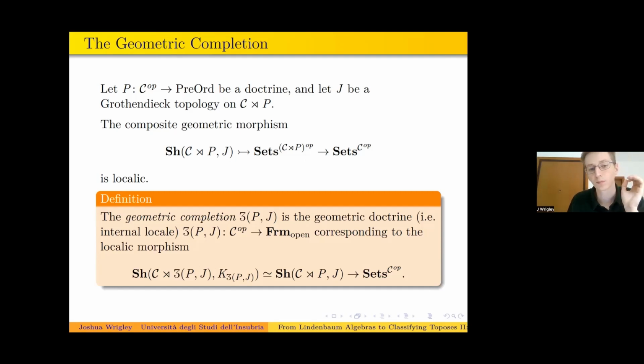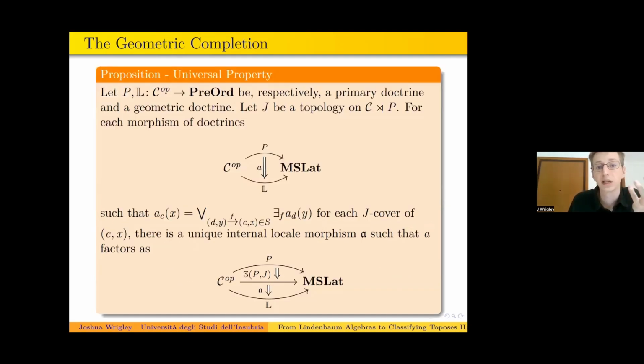Now, we can immediately use those facts that we saw earlier to give proofs that it's the universal such completion. So if we have our doctrine P and we are given a geometric doctrine L over the same base category, if we have our topology on C times P, then for each morphism of doctrines A, which preserves the J covers in this sense,